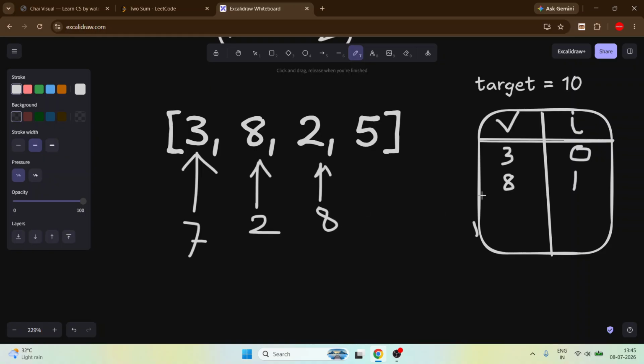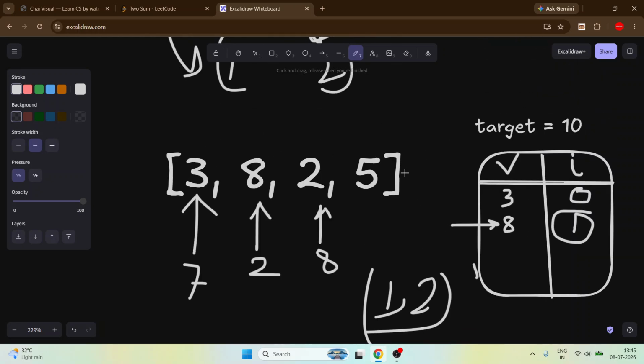Now go to 2. Does 8 exist in this map? Yes. What is the index? 1. So return 1 and 2, the indexes. This would be our flow.